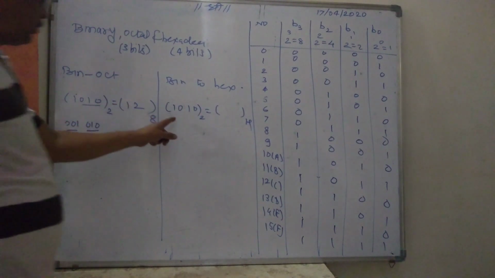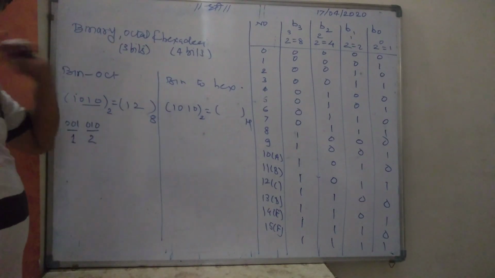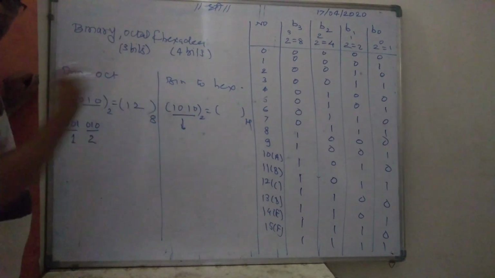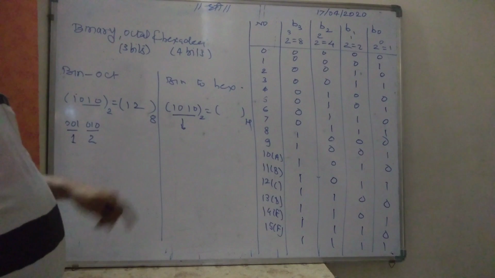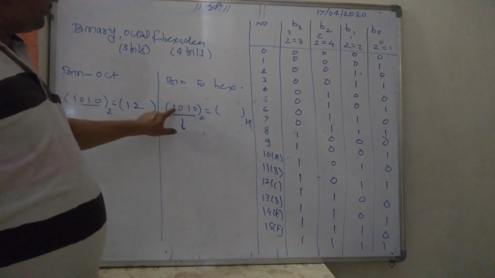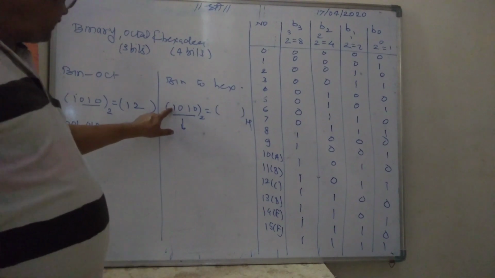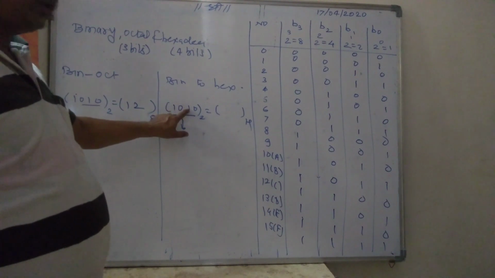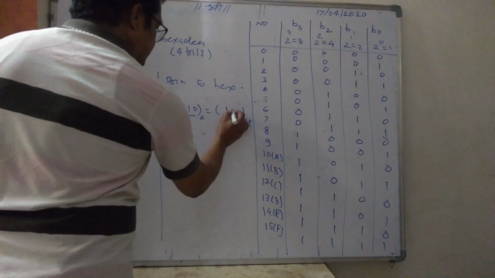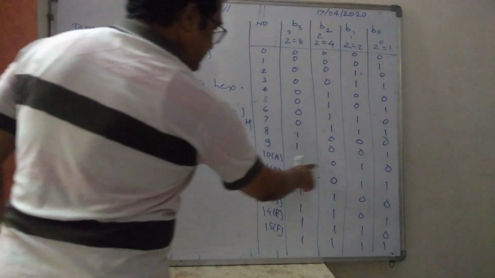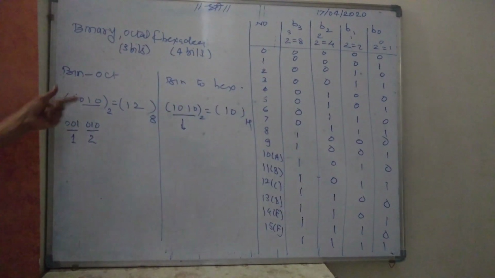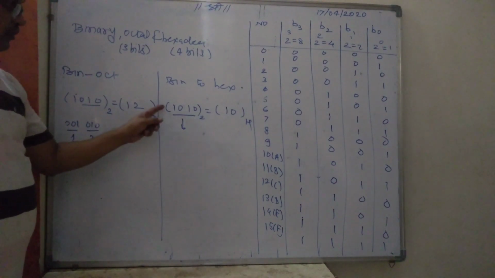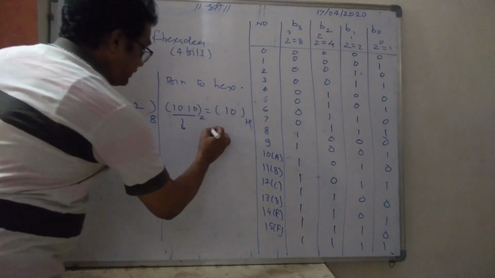Right? Now if you want to represent this same binary number in hexadecimal, you have to form group of 4. This is group of 4. It is already a 4-bit number, 1 0 1 0. 1, 2, 3, 4. 1 into 2 raised to 3, 4 bits, so 4 minus 1 is 3. 1 into 2 raised to 3 means 8. And 1 into 2 raised to 1, 2. 8 and 2, 10. This is 10. See, very same, this is 10. So 1 0 1 0 binary in octal is 12. 1 0 1 0 binary in hexadecimal is 10. 10 is written as A.